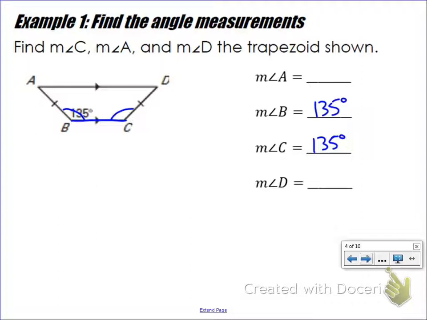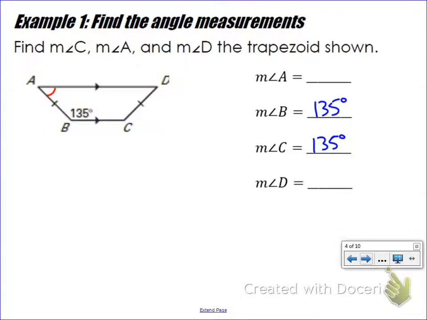Now, the other two angles we want to find are angle A and angle D, and the way we're going to find this is by using properties of parallel lines. If I extend AD and BC as parallel lines, and then think of the green line right here, AB, as a transversal, angle B, which is 135 degrees, would be related to this angle up here, angle A. Those would be consecutive interior angles because they're both on the same side of the transversal and inside the two parallel lines. The relationship between consecutive interior angles is that they are supplementary. So to find the measure of angle A,